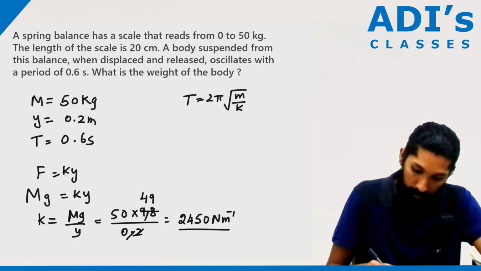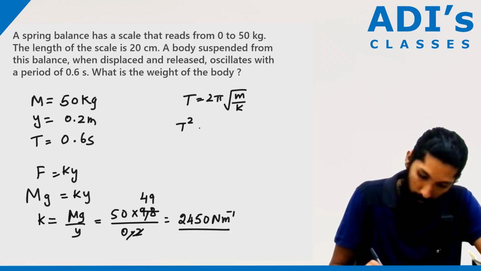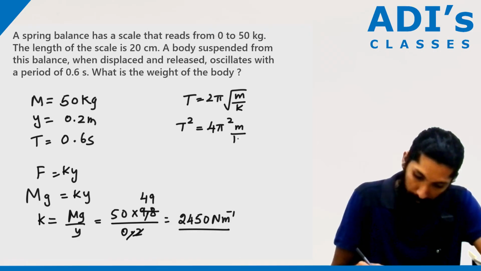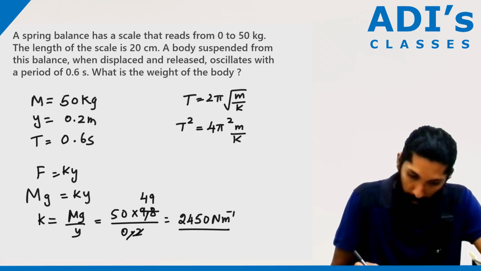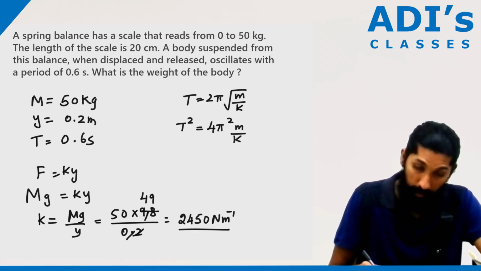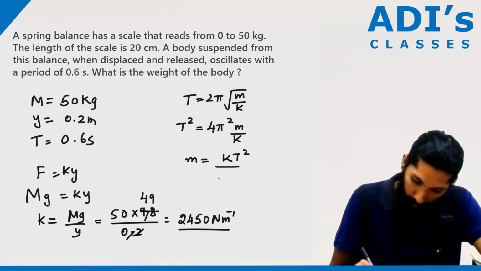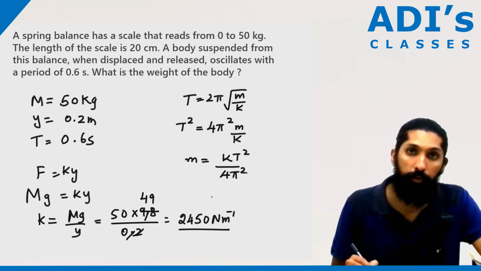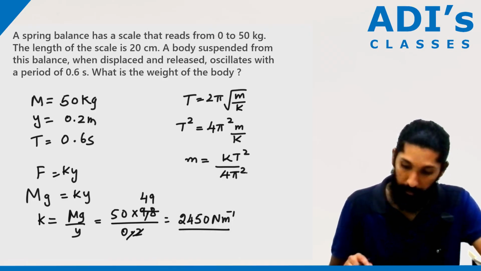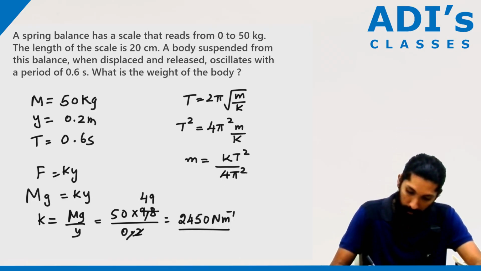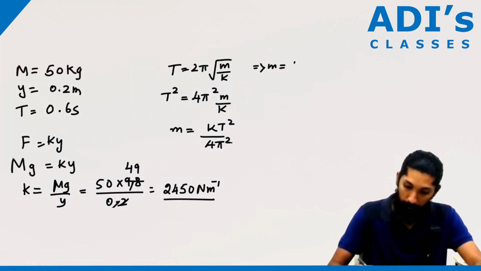Square on both the sides: T square is 4 pi square into m by K. Now make m the subject of the formula: m is equal to K into T square divided by 4 pi square. K value we know, T value we know. Substitute. This implies m is equal to, K value is 2450,